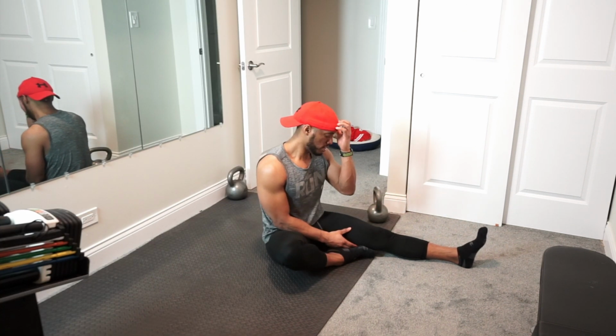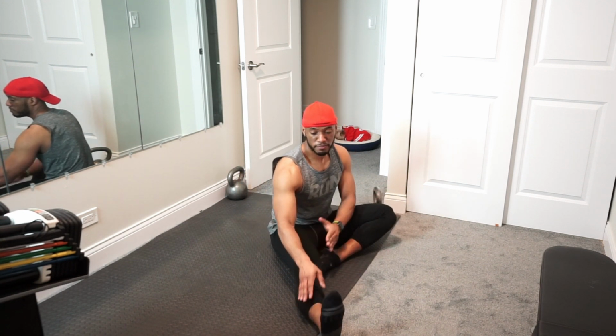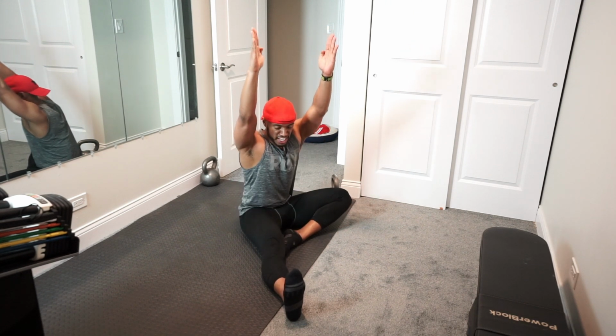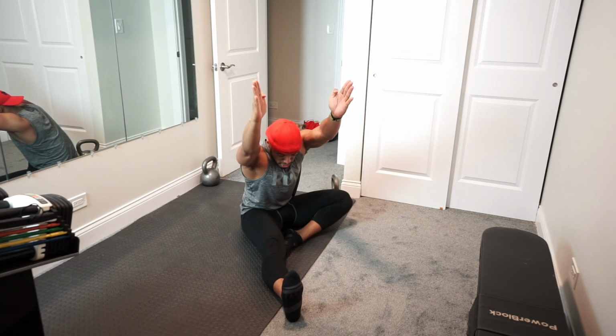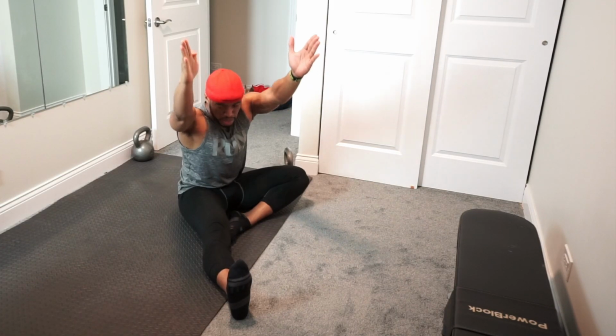You're going to hold that pose about 10 to 15 seconds, and you're going to do it 3 times. Every time you do it, you just hold it 5 seconds longer. From there, you're going to switch over to the other side, same position. Put that foot on the inner thigh, one toe up, arms up, and just lean forward nice and slow. Holding that position, deep, controlled breaths. Hold for 15 seconds, break, come back, add 5 seconds to that one, add another 5 seconds,